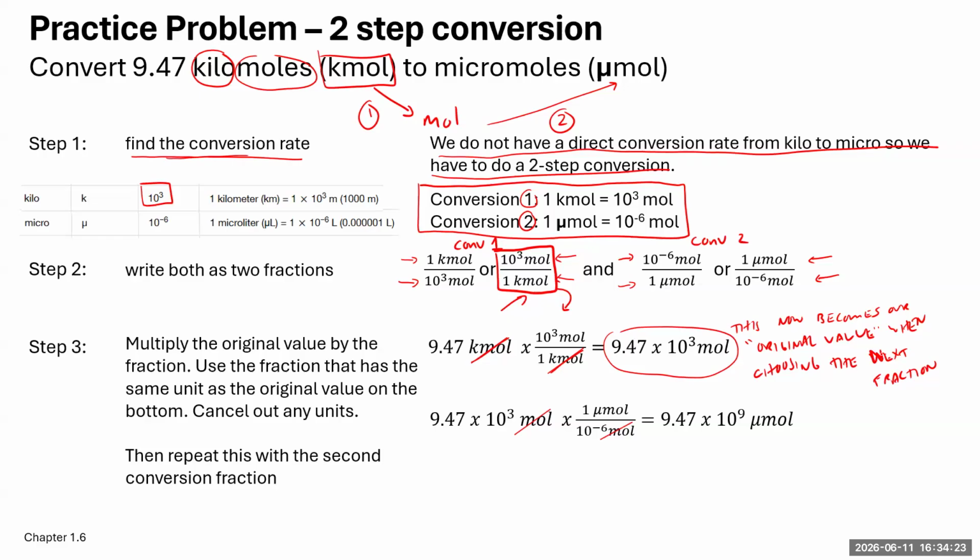Sorry, next fraction. All right. So now what we're going to do, we're going to carry that over here. This is our new value, because we did conversion 1, then we have a new number in unit. Now we're going to do our second conversion, but we're going to still multiply the original value, and that's going to be our new original value, where we have moles on